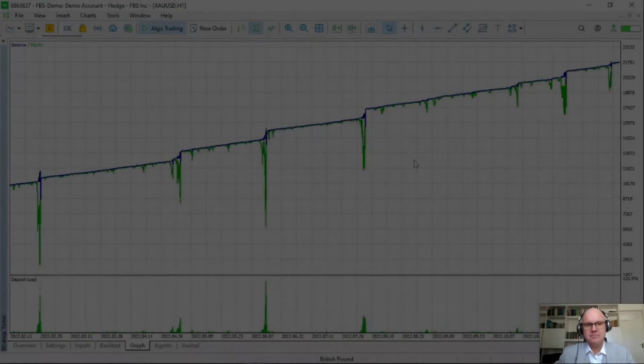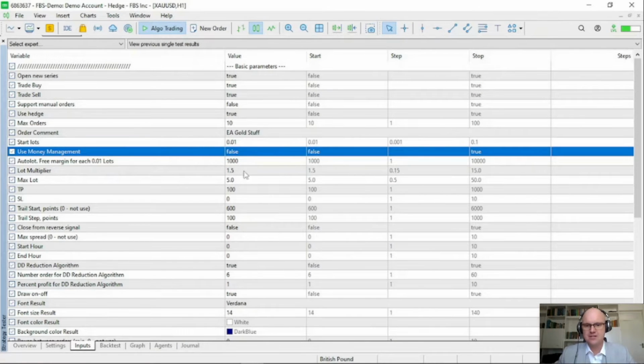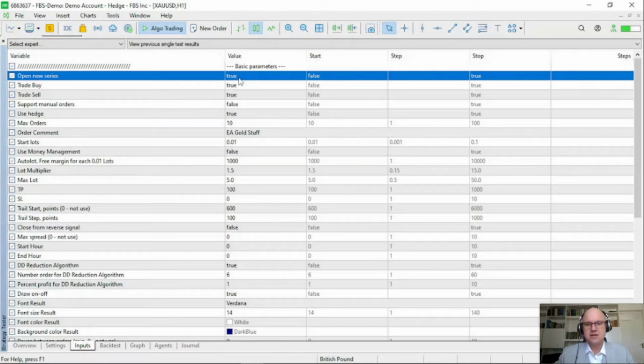So after a couple of minutes, the testing has been completed and we see the major periods of drawdown and the fact that it doubled the account within a year, doubling the account with a fixed lot of 0.01. So if we take a look at the graph, you'll see there are these extended periods of drawdown. And then if we look at the bottom at the deposit load, you'll see it uses large lots to get out of that predicament. The reason for doing this is because of the settings on default. So let's take a closer look at these to have a deeper understanding of how to improve our trading results.